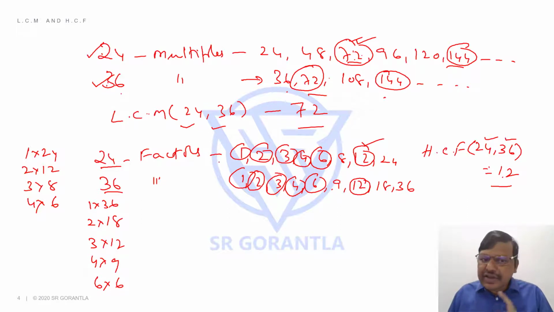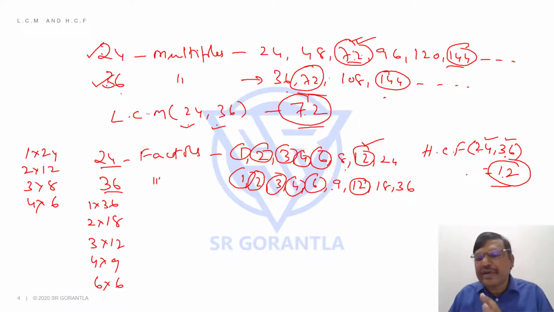Okay, and 72 is divisible by 24 and 36. 12 divides 24 and 36. If that is the case, students, now tell me, 12 divides 72 or not? Yes. LCM is a multiple, HCF is a factor, which means please remember, LCM of two numbers is always divisible by HCF of two numbers. It is useful elsewhere in questions, that's why I am highlighting it, right? Okay, now whatever I explained to you, let me show you the typed version.